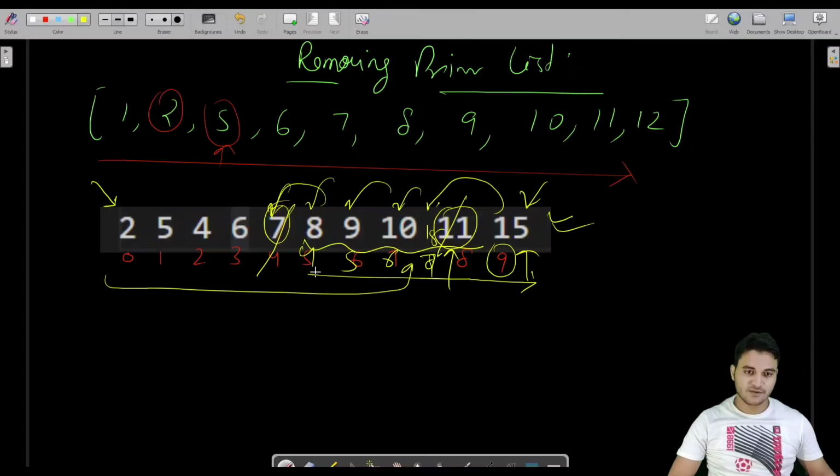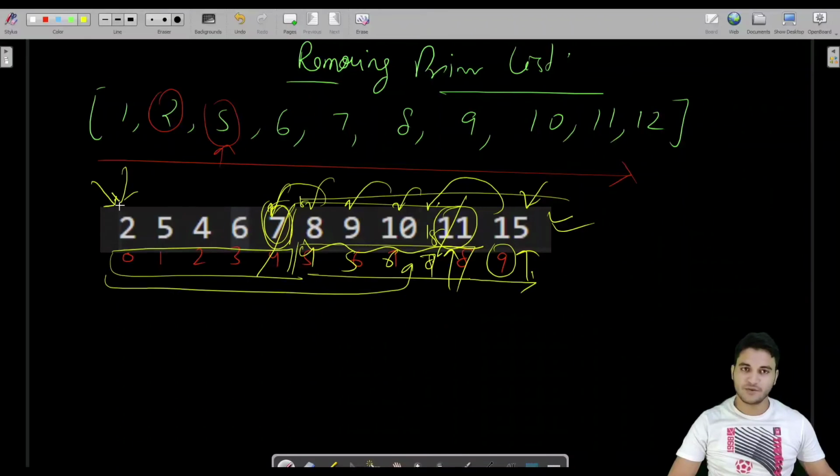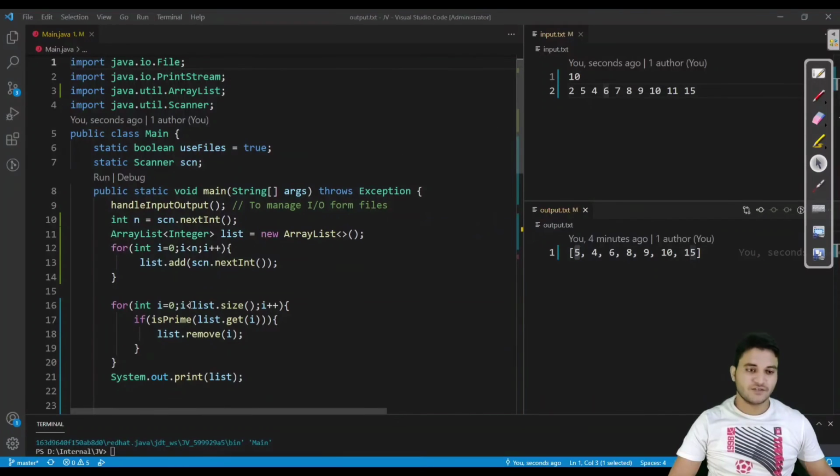So if the index values for these elements are changed, then why do we care about these elements? They are not prime numbers, and we are done with this range. Then why do we need to care about these elements? This is the logic for this. Fine. And this way we would be able to remove the prime numbers and also avoid the index issue which we were facing while we were starting from here. So this is the logic which we just have to implement.